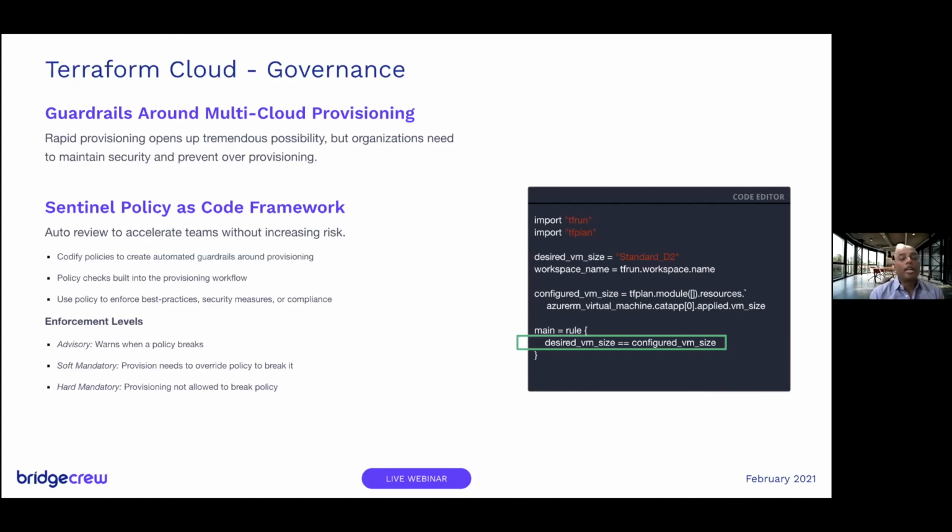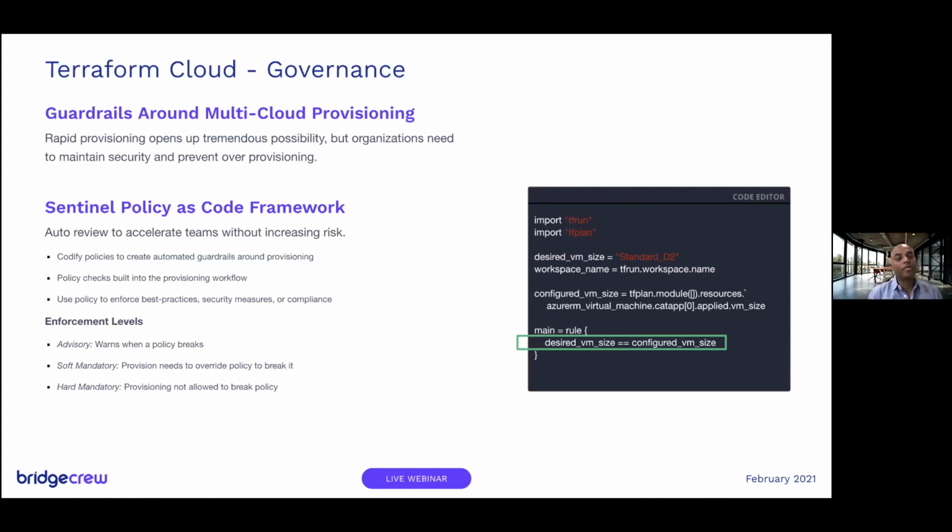And this is where we have the governance module that's built into Terraform Cloud. It provides you a framework to write policy as code, and you can put the policies in your Git, and you can manage it just the way you're managing Terraform infrastructure. It lets you set the guardrails. So in this case, here is an example of Sentinel code that lets you restrict your VM to a certain size so that you don't